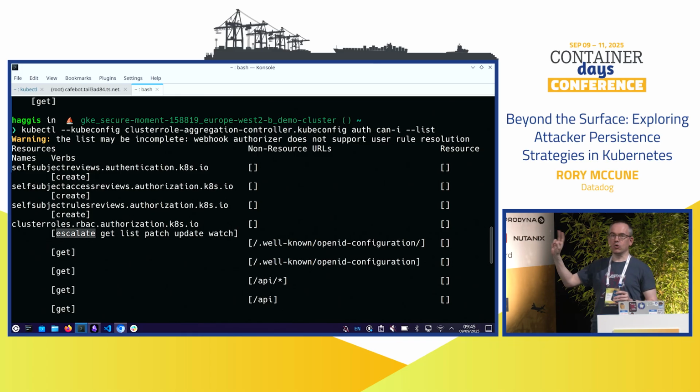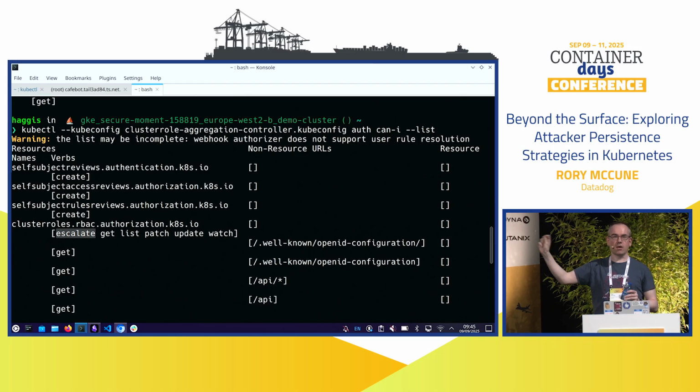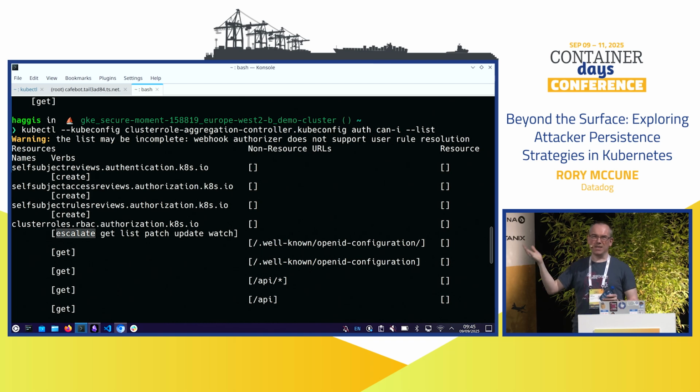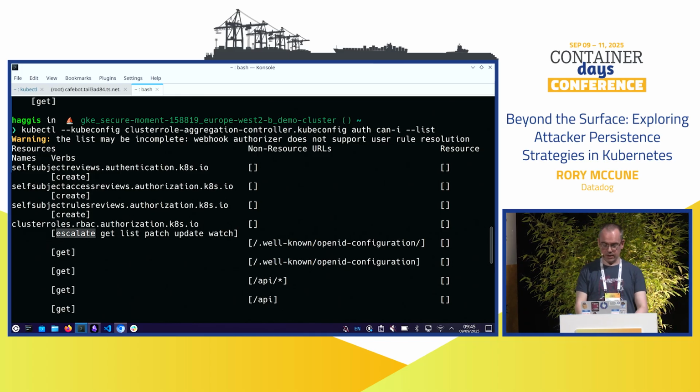The history of this thing is it used to be cluster admin. You used to get *** across the top. And it was actually me, I reported and said, hey, do you really want this to be cluster admin? And they said no. So they gave it escalate, but honestly, it just adds an extra step to it because you can give yourself cluster admin again, as we're about to see. But right now, it's got the escalate verb, which is why it's my favorite service account.